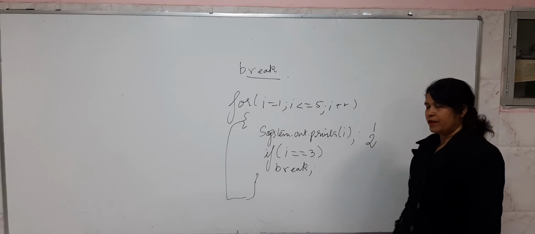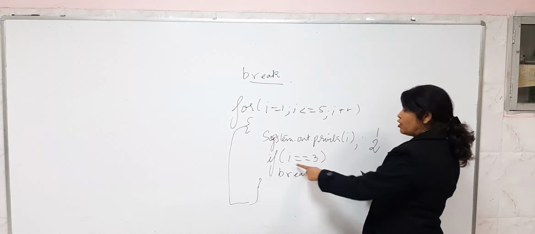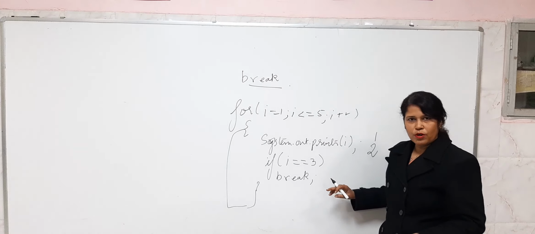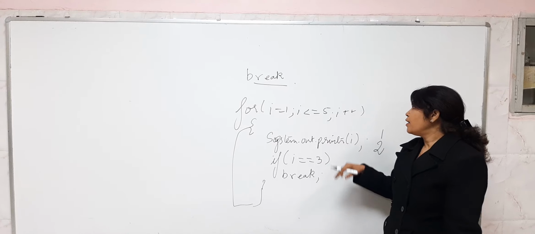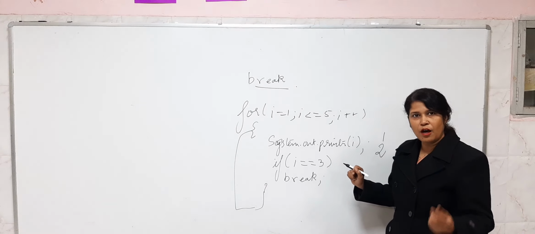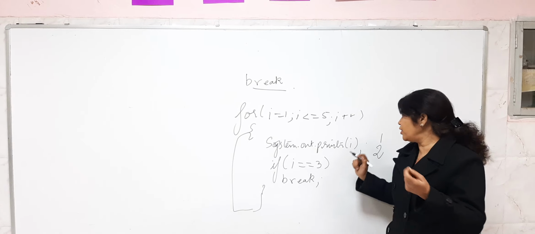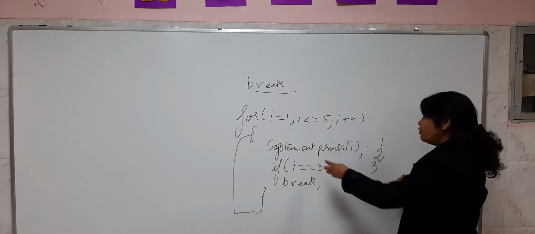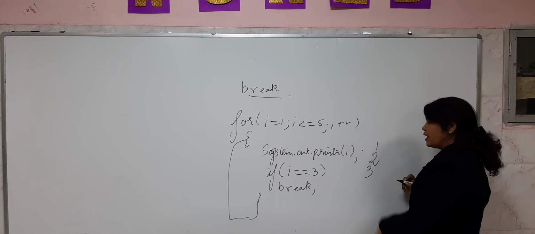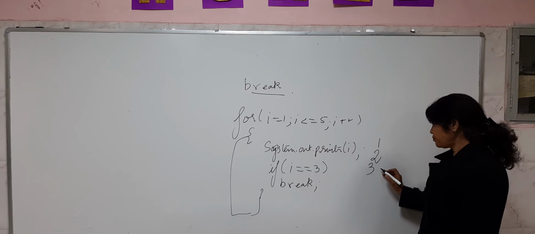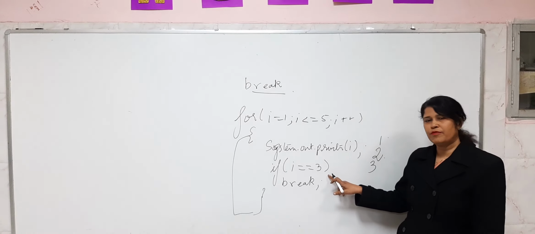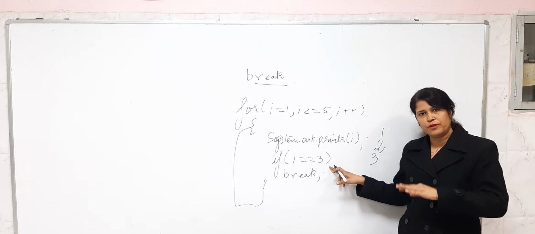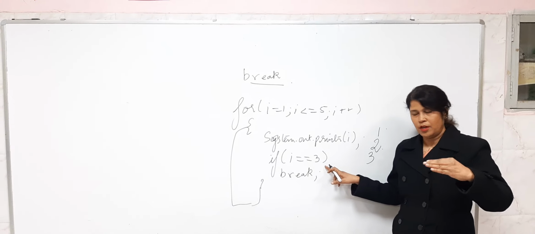Since 2 is less than 5, we will come here and 2 will be printed on the next line. Again 2 is not equal to 3, so the condition is not met, and it will not execute the break statement. We will go up to i++, and now the value of i will become 3. We come to System.out.println(i). So what will be printed? 3 will be printed. 1, 2, 3, because we check the condition afterwards, so it will print 1, 2, 3.